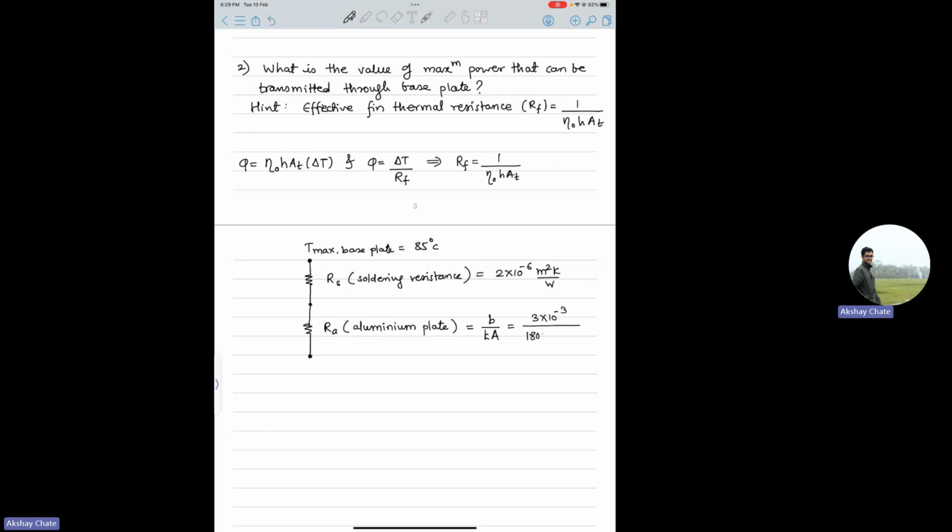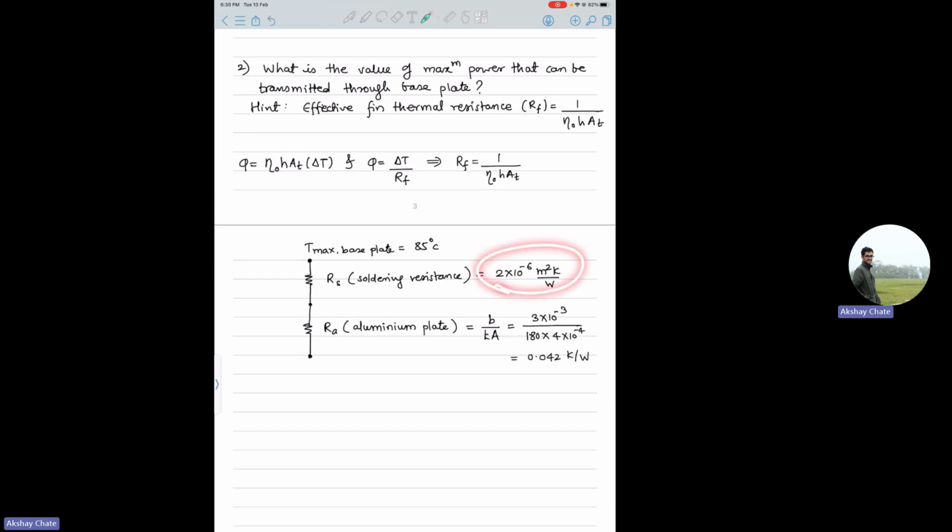Conductivity is 180, and area is nothing but again that square cross-sectional area, right? 20 into 20. So it will be 400, or directly I can write 4 into 10 to the power minus 4. So if you simplify this further, you'll get 0.042 Kelvin per watt. Yeah, so now